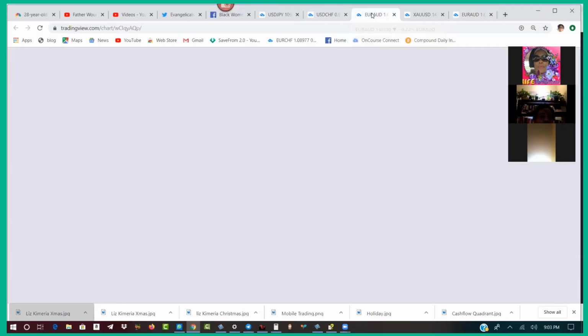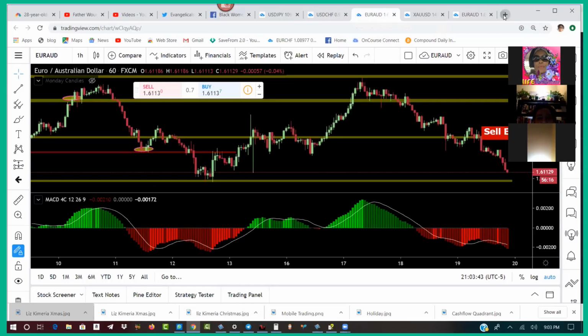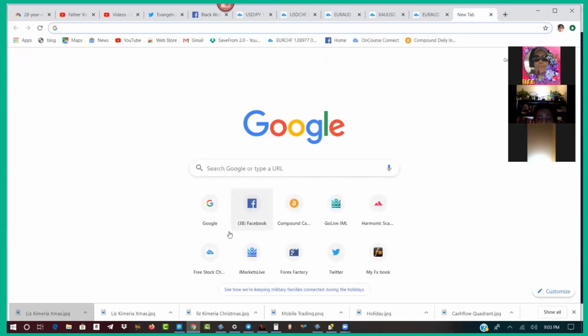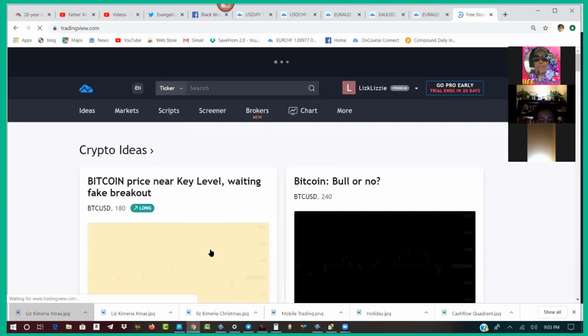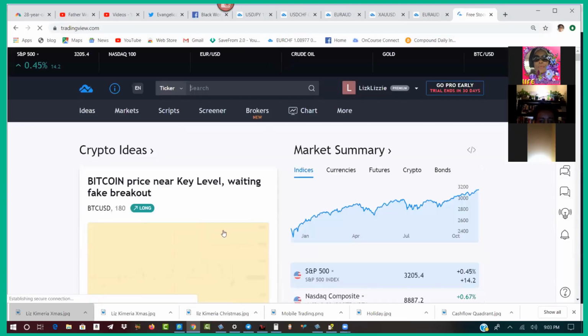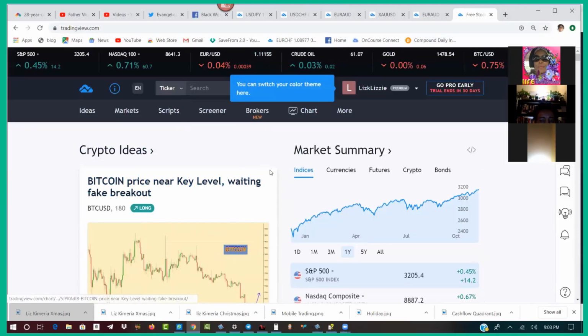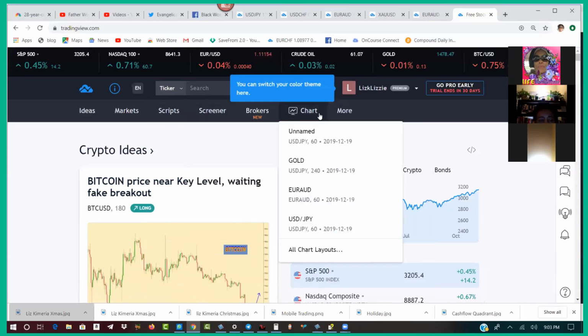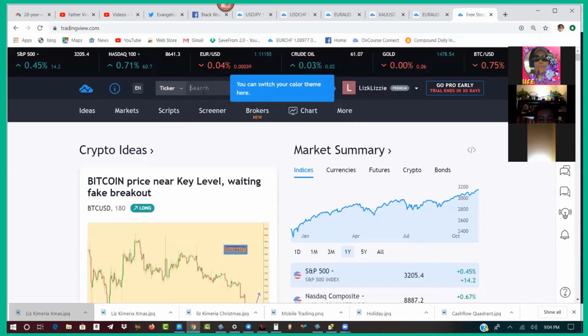Okay, so the chart, when you go to your TradingView, this is what you see. The first thing you see is something that looks like this. So you basically want to start marking a chart. I usually go here because I have my charts already saved, but you can just go anywhere and type, for example,